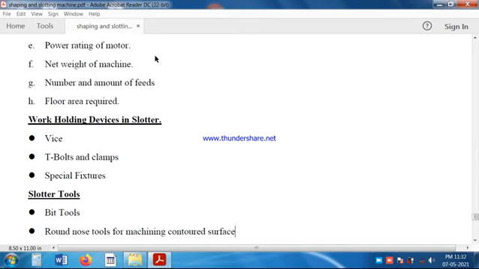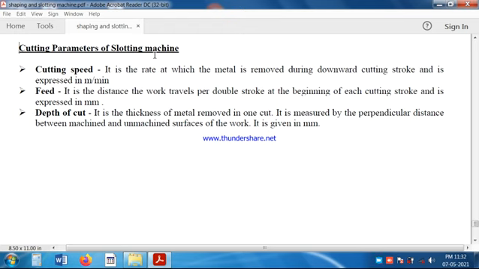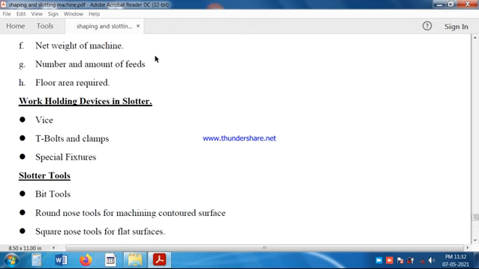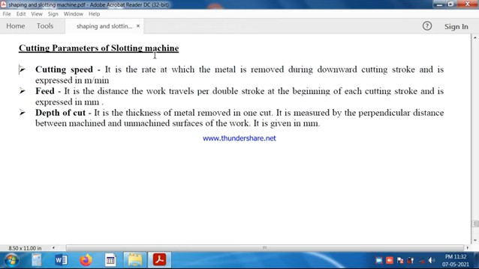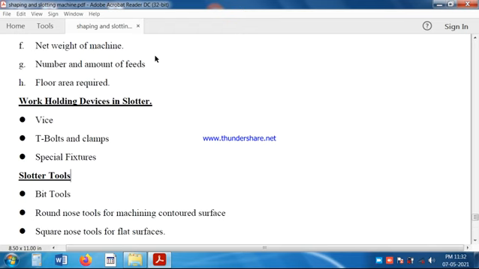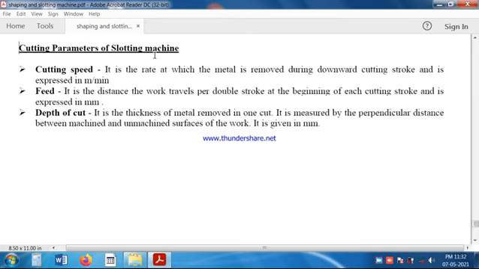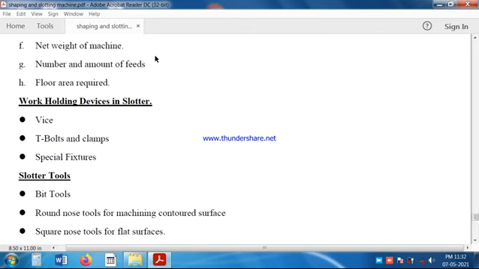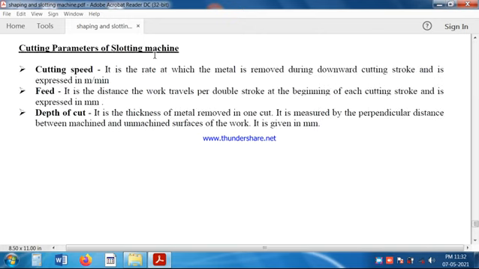These are used to hold the workpiece. Slotter tools include bit tools, round nose tools for machining contour surfaces, and square nose tools for flat surfaces.